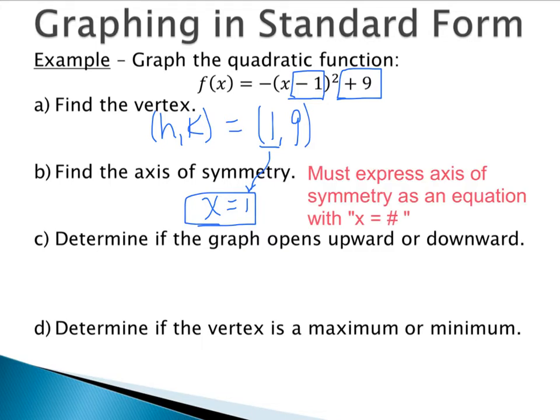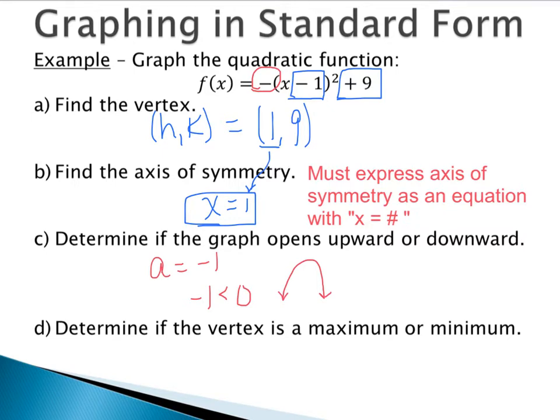Next, we want to figure out if the graph opens upward or downward. Going back to what we just did on the previous slide, in order to figure out if it opens upward or downward, we're looking at a. And again, a is the number in front of the parenthesis. So if we come back up top, we're looking at a as being this negative. Well, a can't just be negative, it would be negative 1. So then the question is, is negative 1 less than 0 or greater than 0? Since negative 1 is negative, that means that negative 1 is less than 0. And if a is less than 0, that means that the graph would be facing downward.